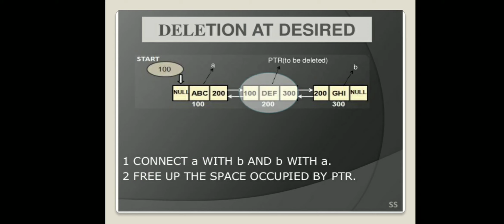Now we'll see deleting a node at a given position. Connect A with B and B with A, and free up the space occupied by the pointer.